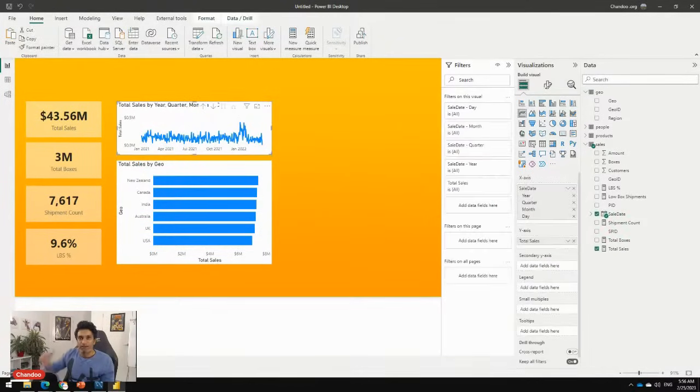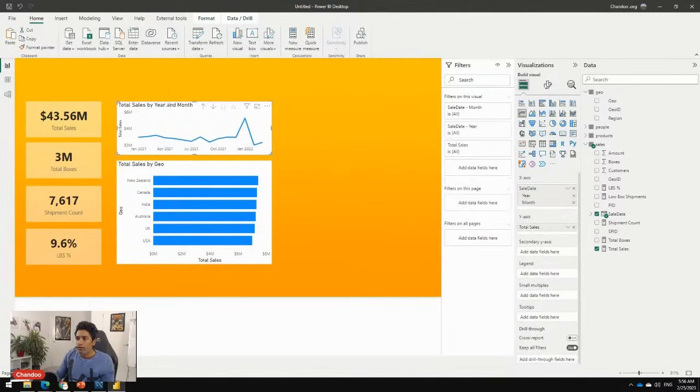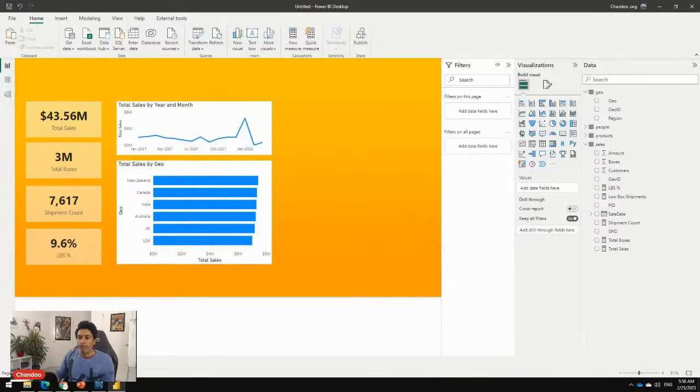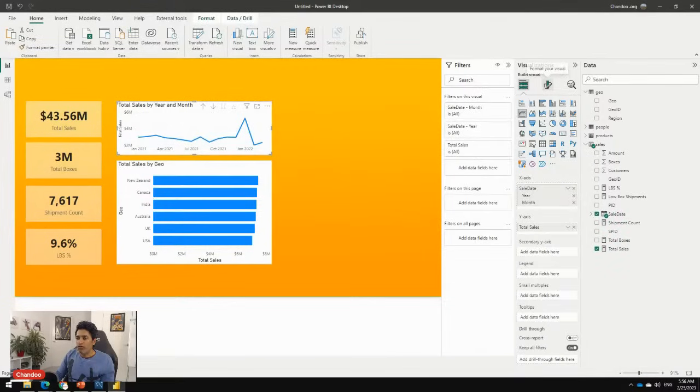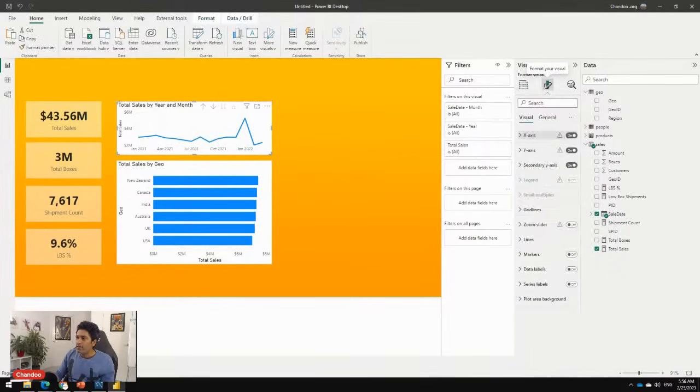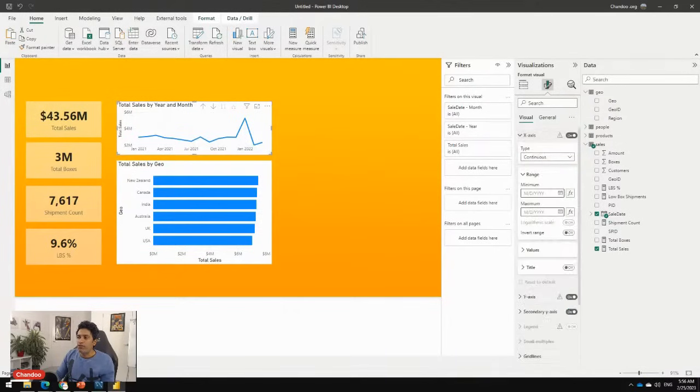It looks like too much noise, so I'm going to take out the day level and quarter, so we look at the monthly sales trend. So this is my total sales trend, and that is how it gets broken by geography. Let's apply the same kind of formatting principles on these. You can spend a lot of time formatting them, but I'll do some quick adjustments, starting off by